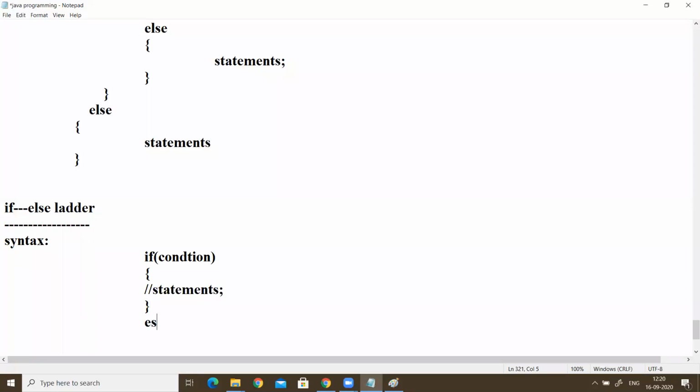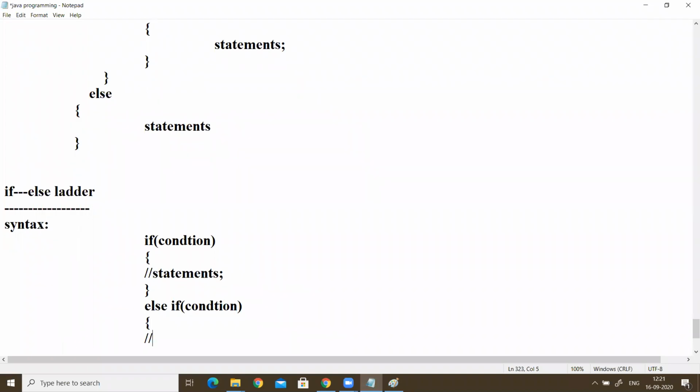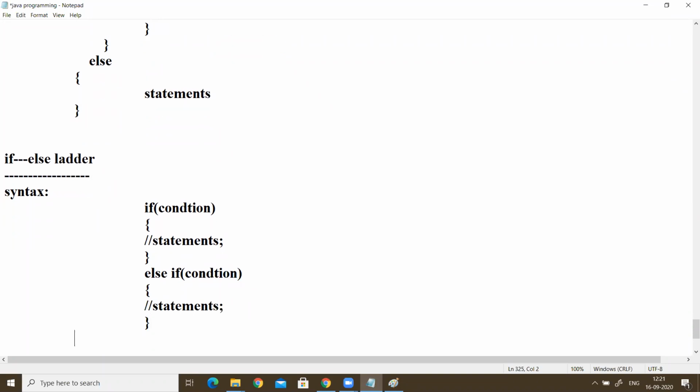Otherwise it goes to the else part. In the else part, we need to check one more condition. If this condition is true, then it goes to the statements. Then if this condition is also false, then it goes to the next condition.